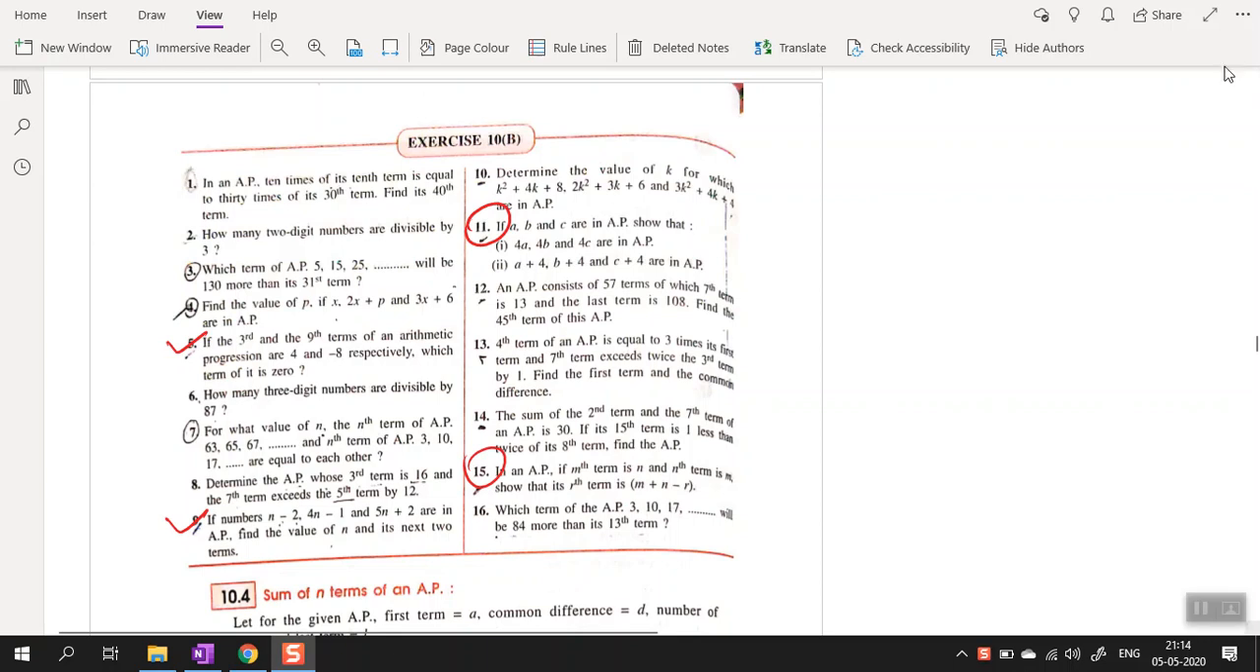Okay, so we are going to solve some doubts from AP. This is exercise 10B. The first doubt is question number 5. Let's see what is question number 5. If the third and ninth term of an AP are 4 and minus 8 respectively, which term of it is